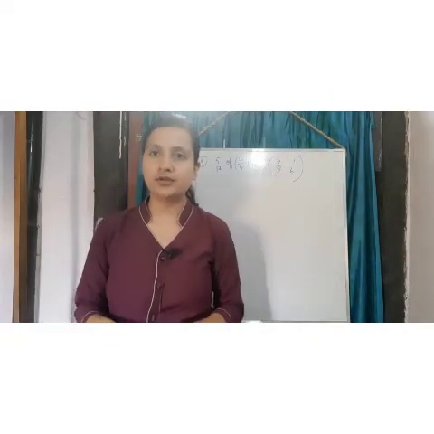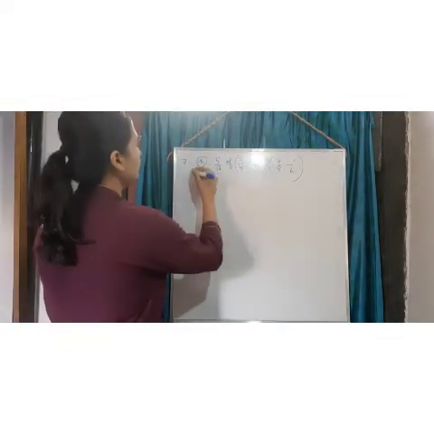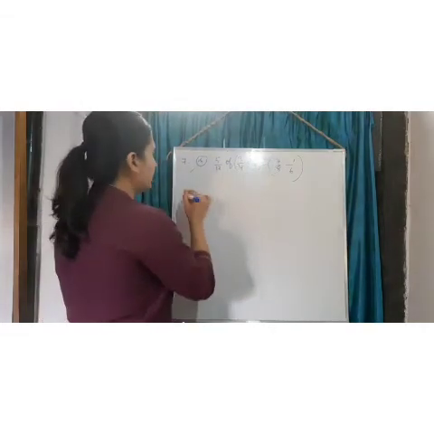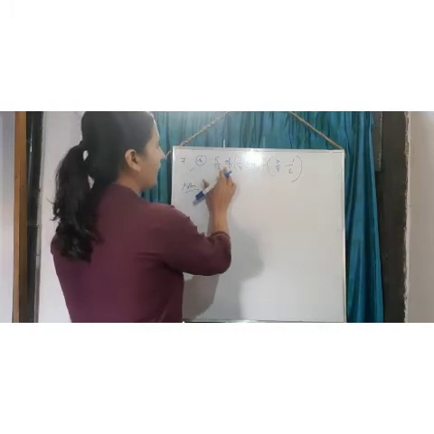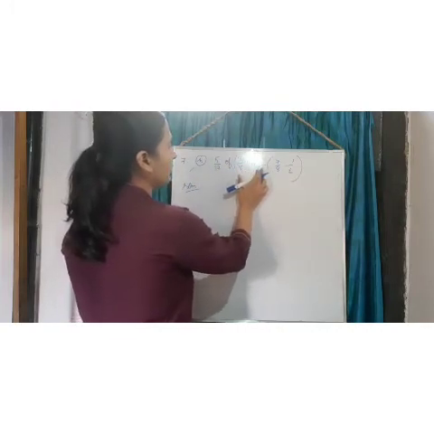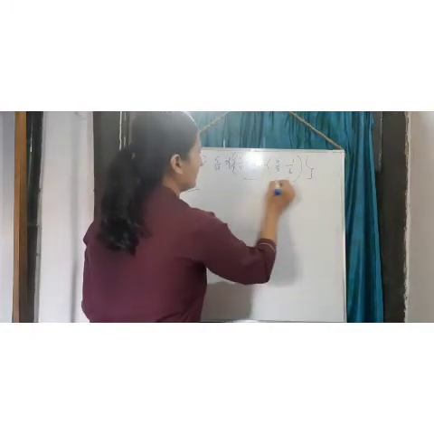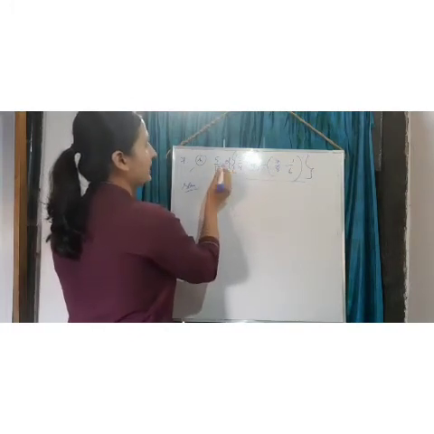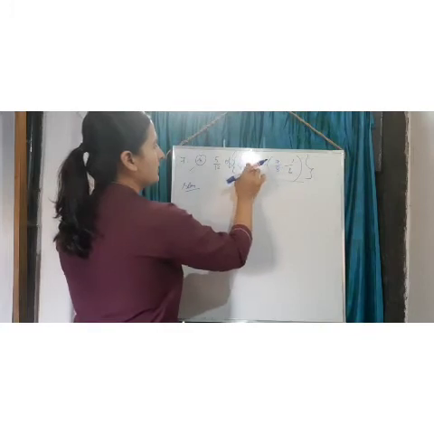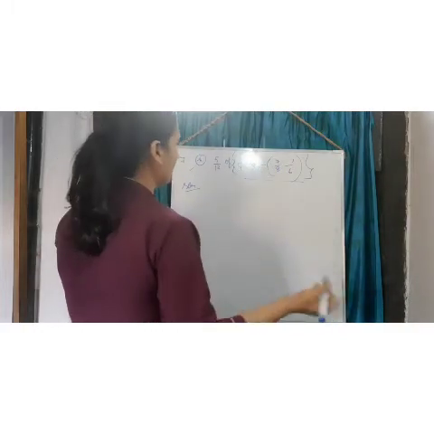So students, let us try one more question from question number 7. Let us try to solve question number 7H. First, let us try to understand the question. See what we have to do here: 5/12 of (3/4 plus 1/2) divided by this. It means we have to first solve this portion, and only then find how much 5/12 will be of the result. So let us do this one by one.